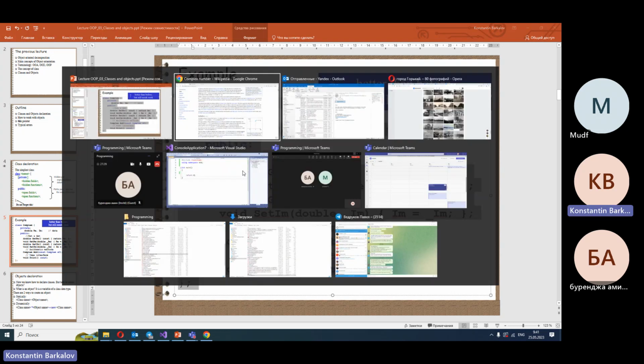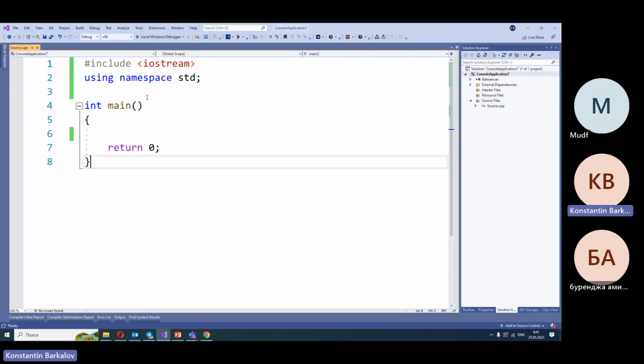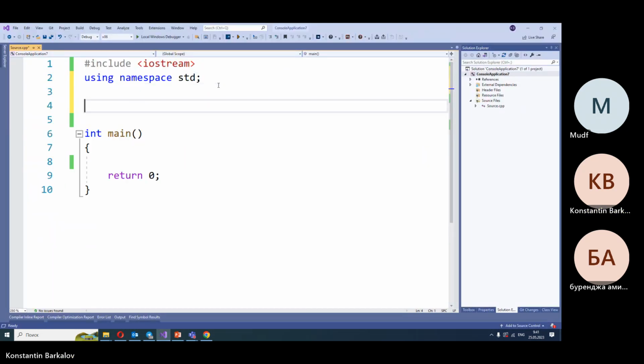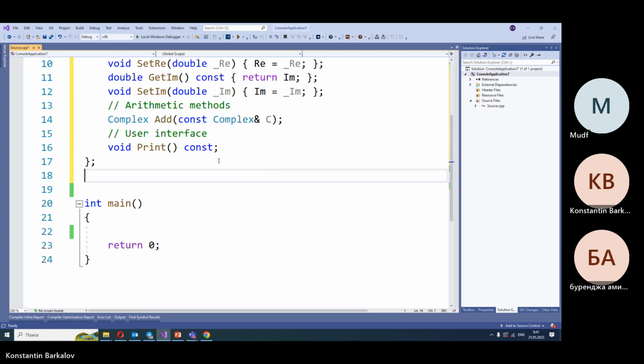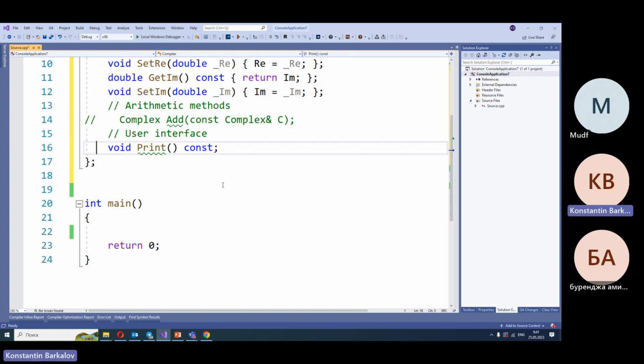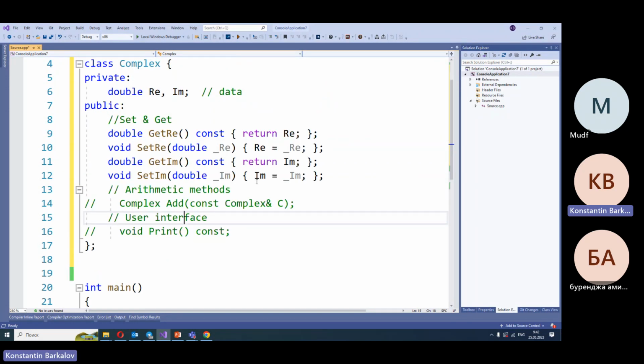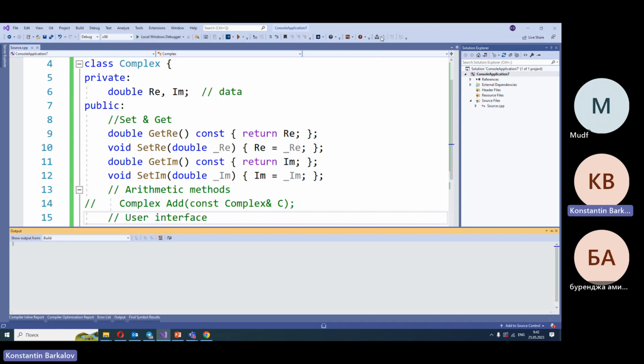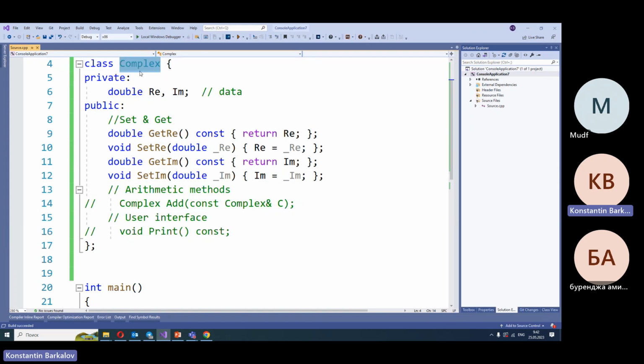Let me copy this part of the code into Visual Studio. Well, I comment these two functions. I will implement them a little bit later. Now our program contains a declaration of a class complex